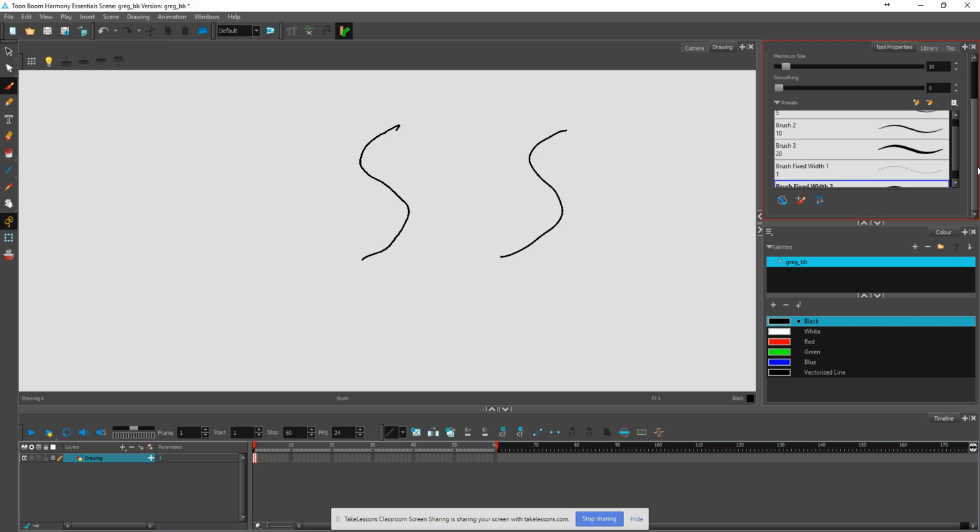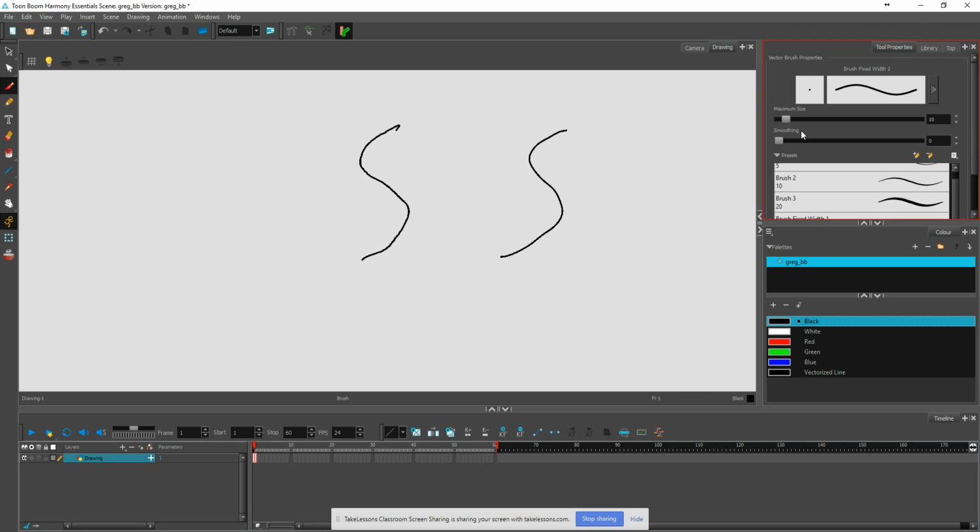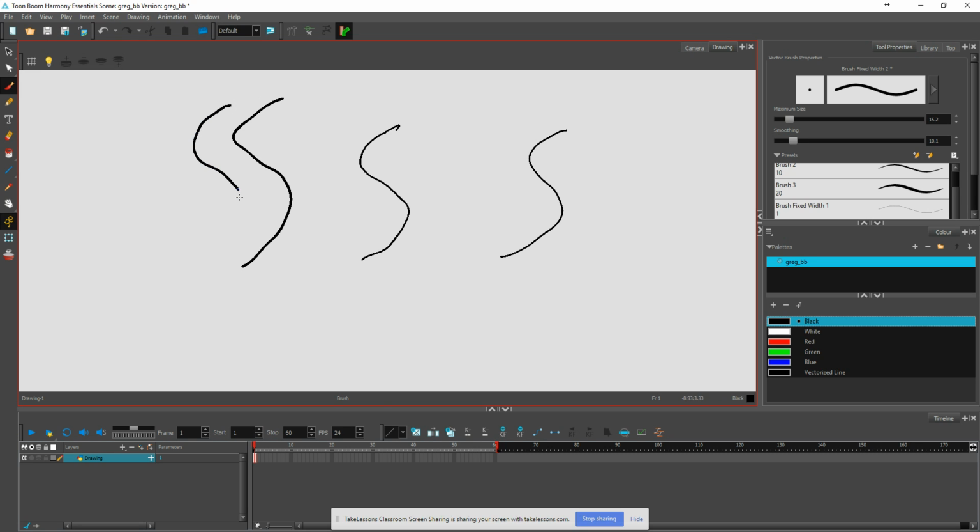So, increase the maximum size a little, and so I'll draw again, and then